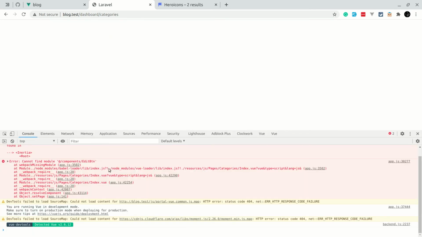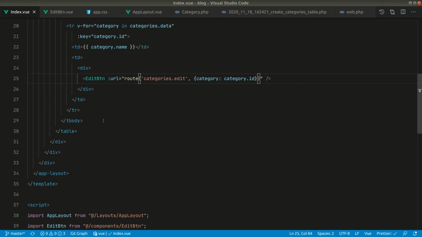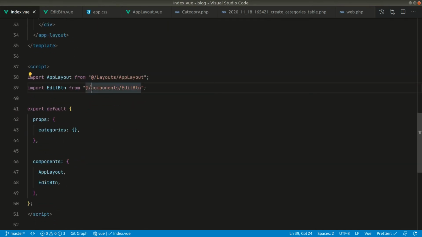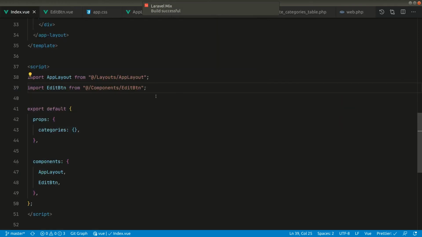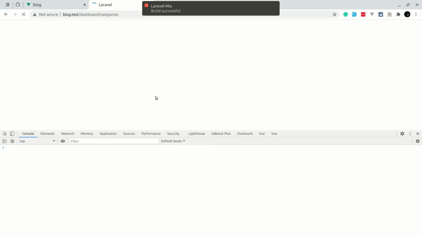Okay, we are not seeing anything. Let me go to the console here and let me see what's the error. So can't find the model components. Yeah, because the components C is capital. So if we go here and look here, components C is capital. Now if I save and come here and refresh the page,